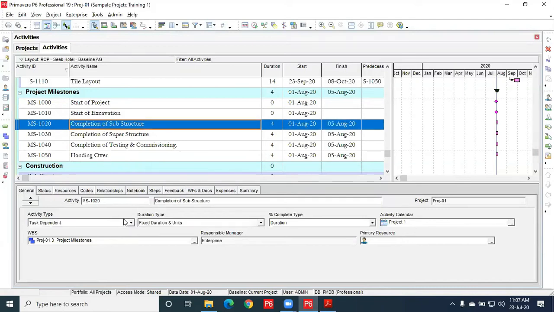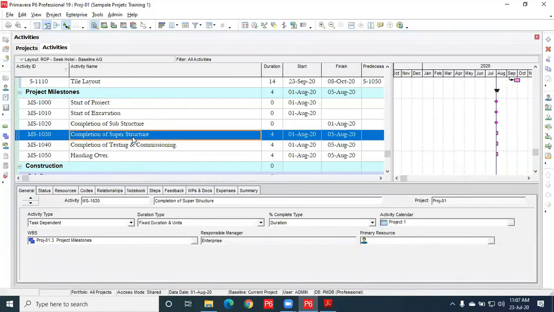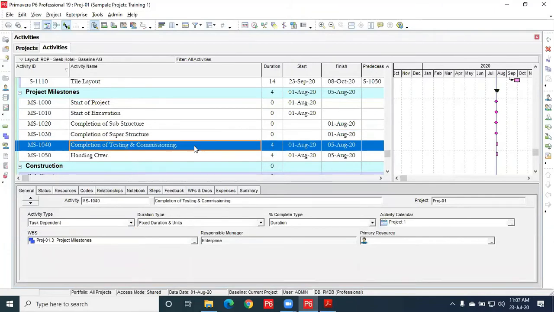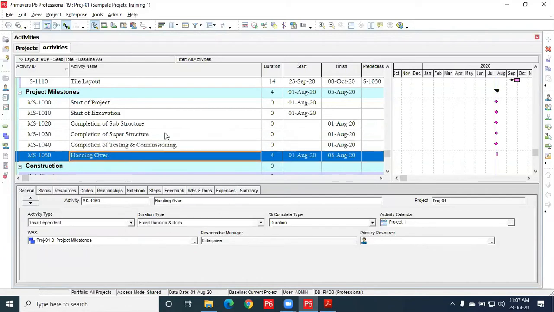Then completion of substructure is a finish milestone. Completion of superstructure, let us say finish milestone. And completion of testing and commissioning also finish milestone. And handing over is